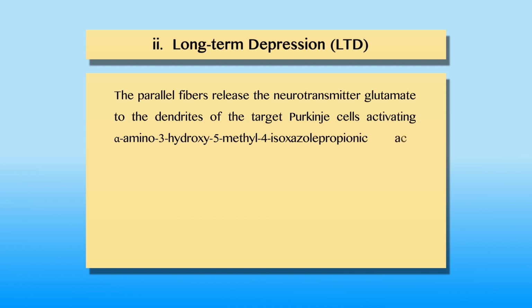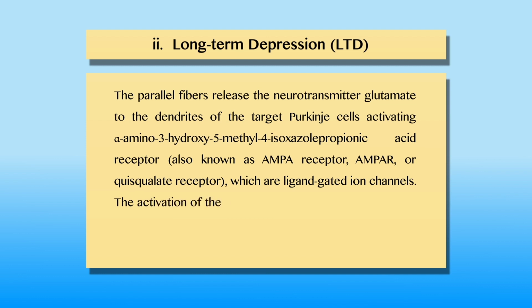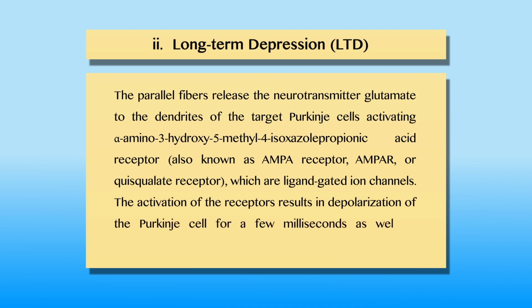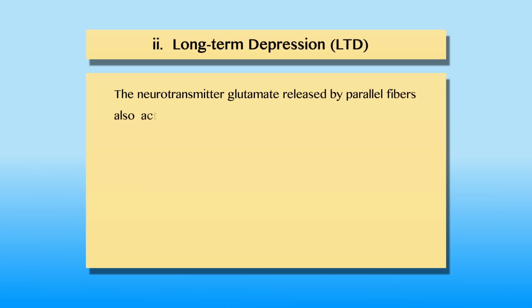methyl 4 isoxazole propanoic acid receptor, also known as AMPA receptor, AMPAR, or Quisqualate receptor, which are ligand-gated ion channels. The activation of the receptors results in depolarization of the Purkinje cell for a few milliseconds as well as generation of second messengers. The neurotransmitter glutamate released by parallel fibers also activates